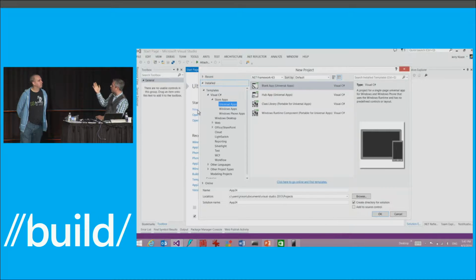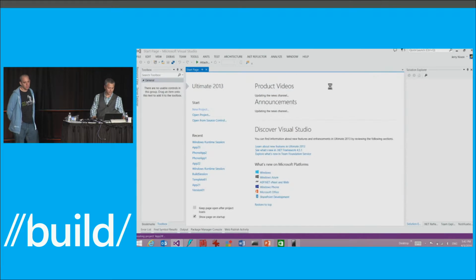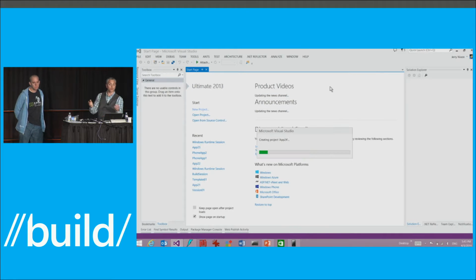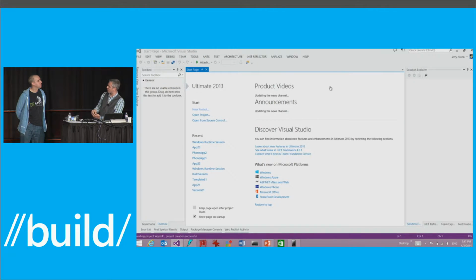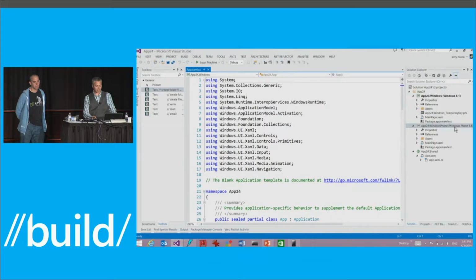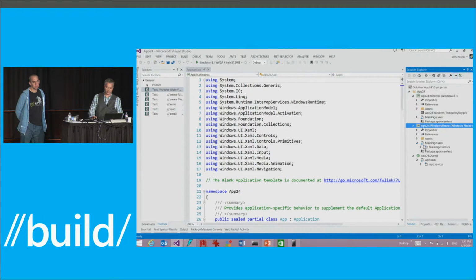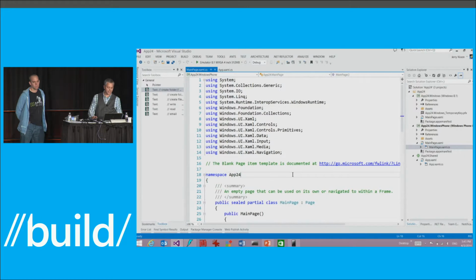So I'll create a brand new one. We'll make it a converged app. Let's do it. A universal app. All right, so I'll go ahead and create that. It'll create the parts for me, both the Windows Phone and the shared project. We'll only play around inside the Windows Phone one for now. My project's open. I'll change the startup project so it'll be the phone, and we'll do everything inside the